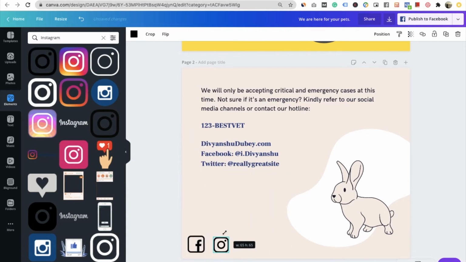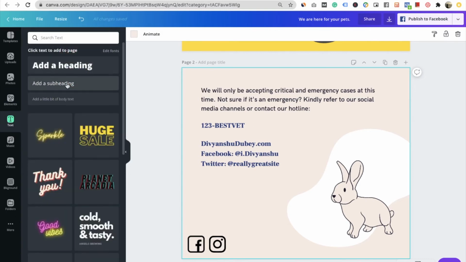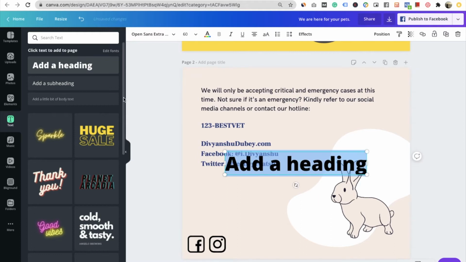I have chosen this logo, and the size is not equal. Okay, I think it is fine now. What I can do, I am going to put a text here. Since both of mine are different here, if you are not liking this heading, you can go with the bigger one.